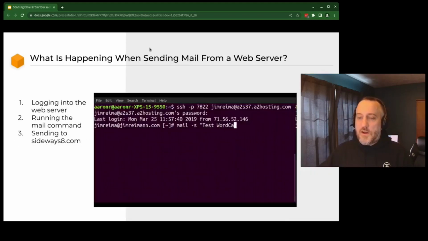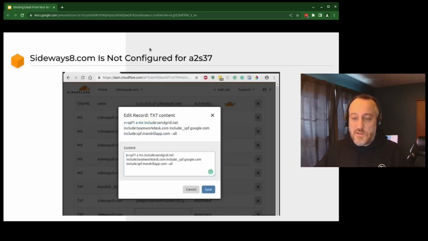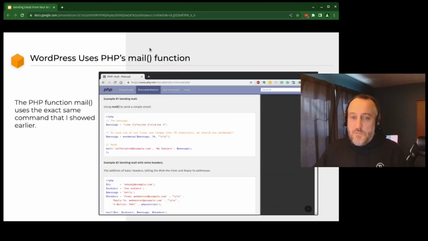Basically mail -s, this little thing here, that is the exact same function that PHP tries to run when you send mail, when you fill out a contact form. By default, it uses the mail function.